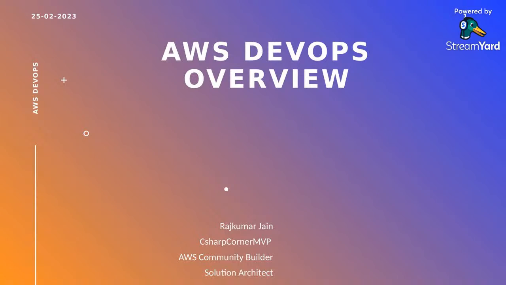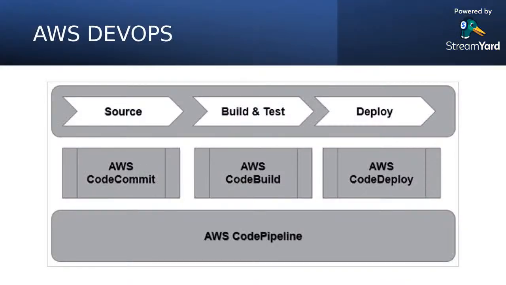So let's start with the lecture. Today I will cover the AWS DevOps part, where I will cover the basic or main services provided by AWS. For example, as a developer, you want to develop your code, build your code and test it before going live. If something is happening, then revert back to the user or developer. For that, AWS provides four main services, which are called